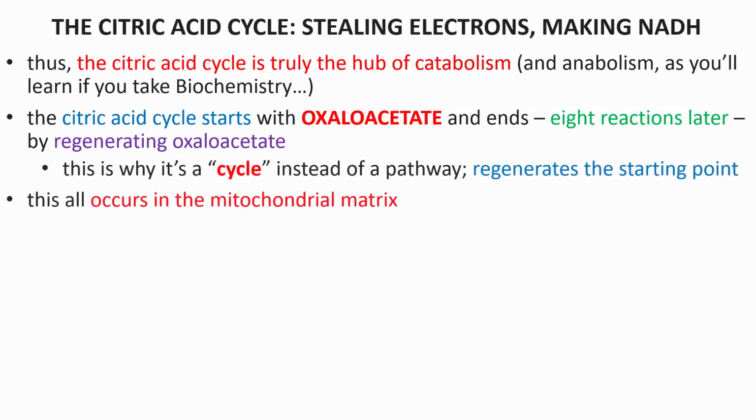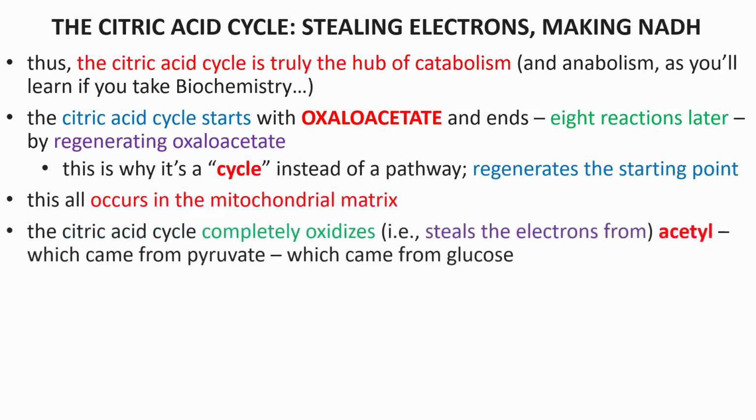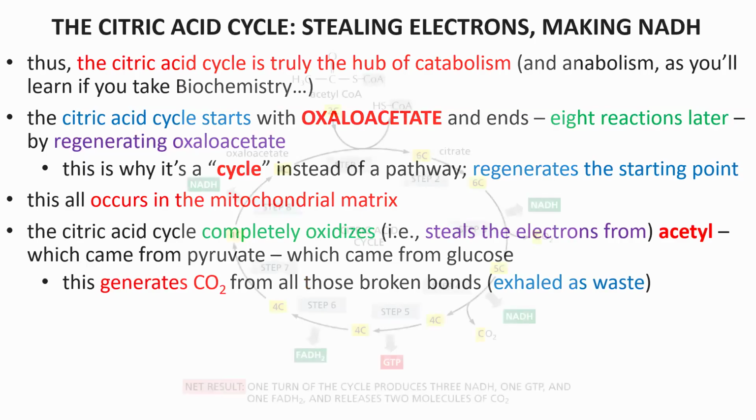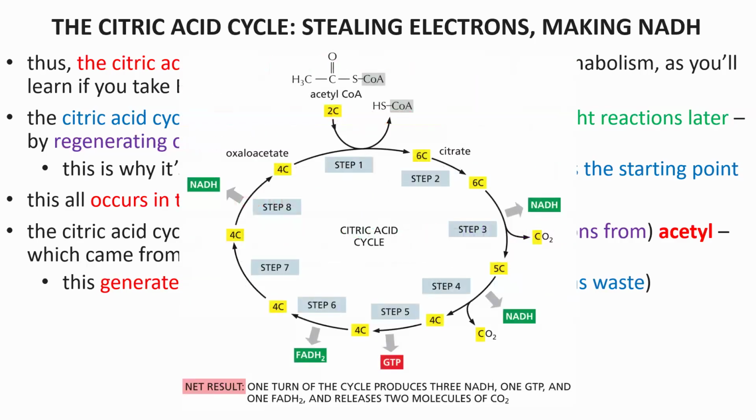Okay. Again, the citric acid cycle is mitochondrial. It's occurring in the mitochondrial matrix, and it will ultimately completely oxidize all of the carbons, all 6 carbons from glucose, stealing electrons from those carbons and then releasing the carbons as carbon dioxide. By the end of the citric acid cycle, there will be no more atomic energy. All of the energy will be on the electrons that are captured and about to go to the electron transport chain. By the end of the citric acid cycle, all of glucose will have been decarboxylated and released as carbon dioxide. So we can see that here too.